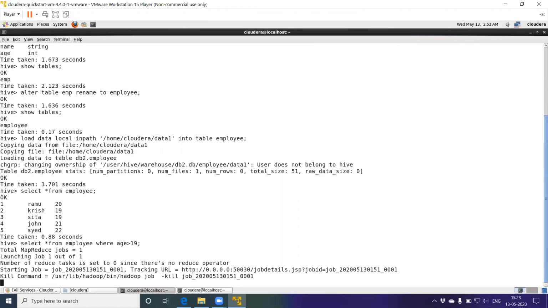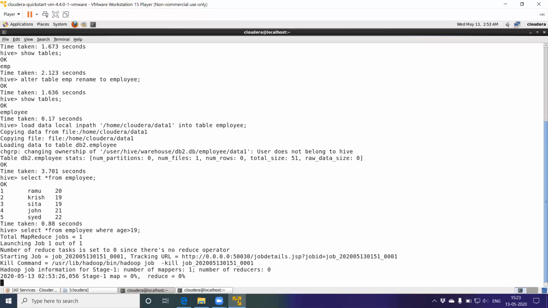So whenever you submit a query, this Hive command, you know, Hive runs on top of Hadoop, right? So whenever a query is submitted, in the background it is converted into a MapReduce job. So Hadoop daemons process this and display the output. You can note here the MapReduce job progress.